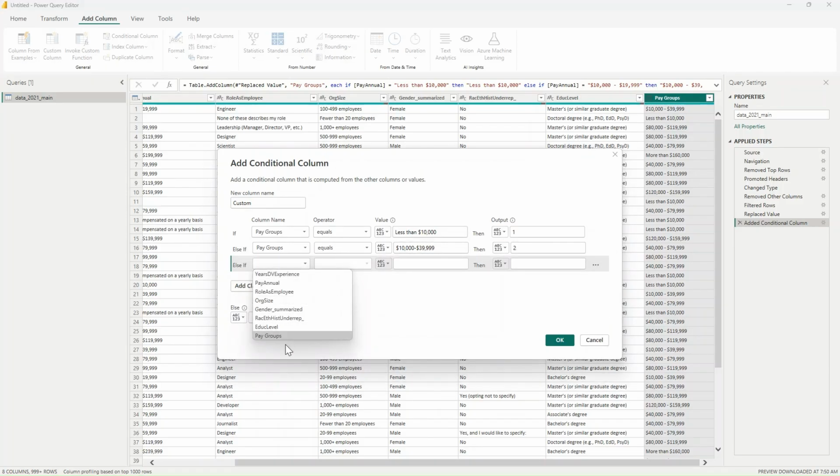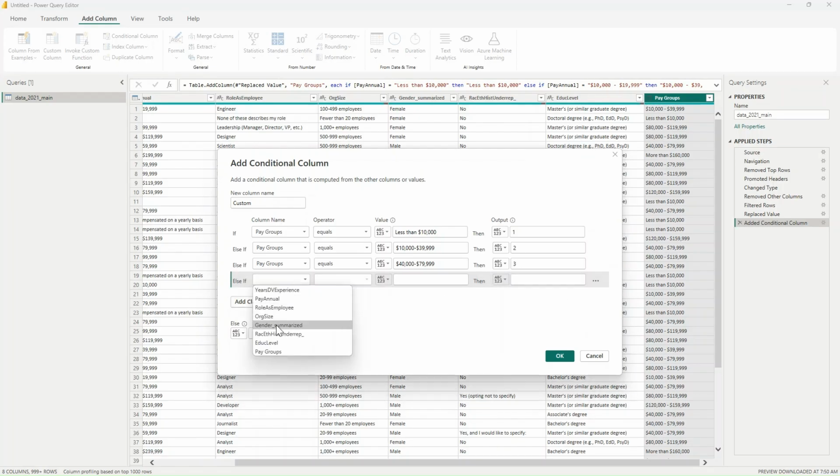If pay groups is equal to 40,000 to 79,999, we put it in group 3. If the pay groups is equal to 80,000 to 119,999, then it is 4.